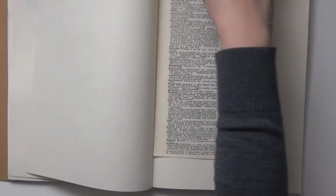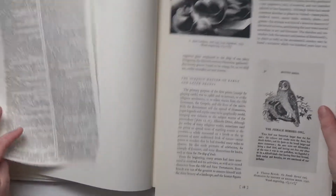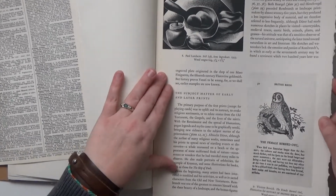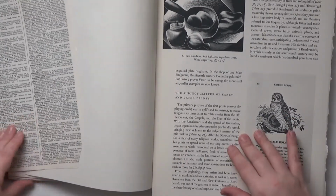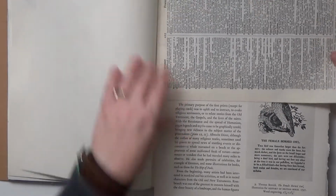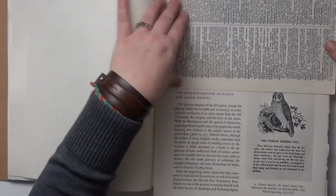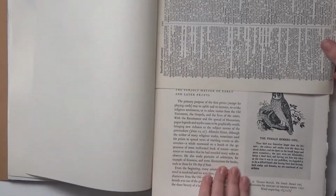Getting my art journal out now, and I'm going to start auditioning some collage pieces, mainly with text in the background. I just want to have a unifying background that adds some texture and pattern behind my paper doll. So I've got a page from a printmaking book, I've got one page from a dictionary. I'm going to swap in a different dictionary page in a moment, and then I'm also going to bring in